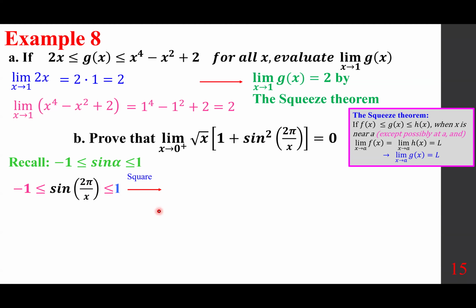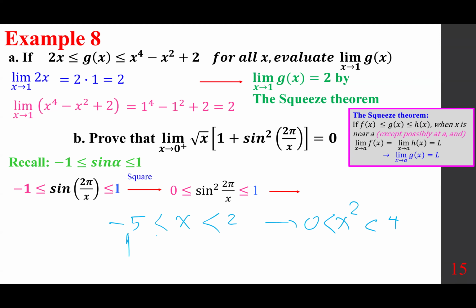So you can't say it's between 1 and 1, but rather it's between 0 and 1. So if you have any negative number, think about it. If you have a number between, let's say, -5 and 2. Now, if you square that, this becomes 4. But this one, you can't say 25. You have to say 0, because on the negative side,